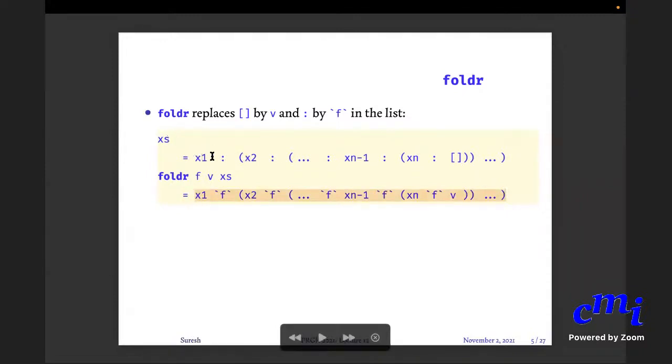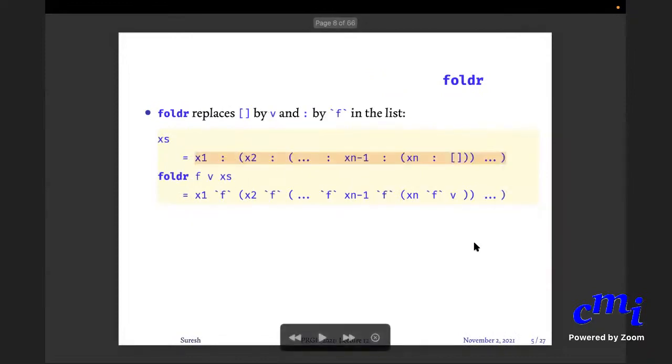A list itself, x1 x2 till xn, is nothing but x1 colon x2 colon ... xn colon, all the way till the empty list. And thankfully this colon is right associative, so you can dispense with all the parentheses there. But with f you cannot do that, because it's not clear that it is right associative. Typically for many operators it is left associative, so here you have to put the brackets.